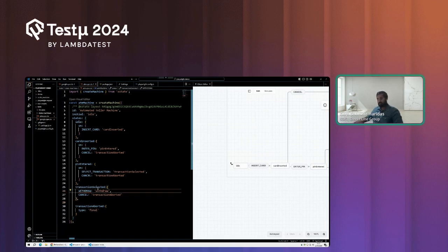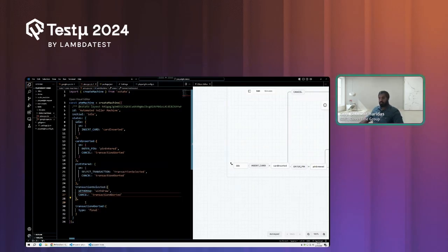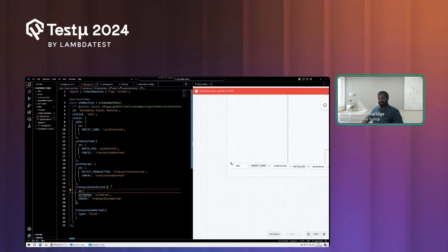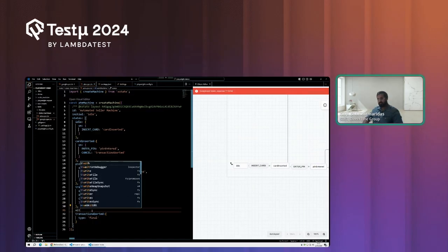withdraw. Wait, I made a mistake here. So transaction selected is going to take us to withdraw. Why is this highlighted red? Okay. Anyways. Oh, wait. It's just that I haven't added it as part of my on, which is the syntax to create a state. Okay. So now withdraw